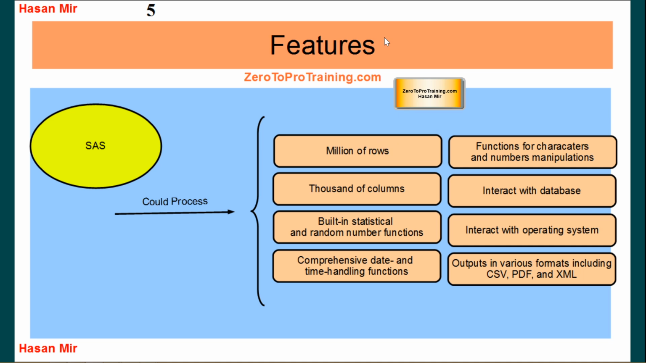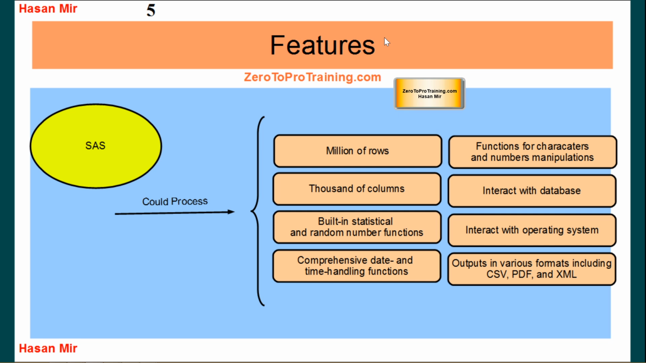Here are some of the features of SAS products. SAS programming can process millions of rows and thousands of columns, so it's pretty scalable. It has built-in statistical and random number functions. It has comprehensive date and time handling functions. It has comprehensive functions for handling characters and numeric manipulations. It can interact with the databases. It can interact with operating system level features, and it could produce outputs in various formats, including comma separated values,